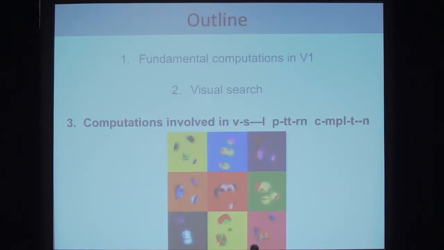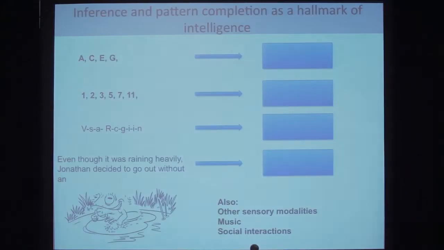So these are two examples, from the bottom up, the basic computations in V1, all the way to the highest echelons of processing. And I'd like to focus lastly on a third example of how we can try to connect behavior with physiology, with computational models. And that has to do with the problem of visual pattern completion. So I think pattern completion is at the very heart of intelligence.